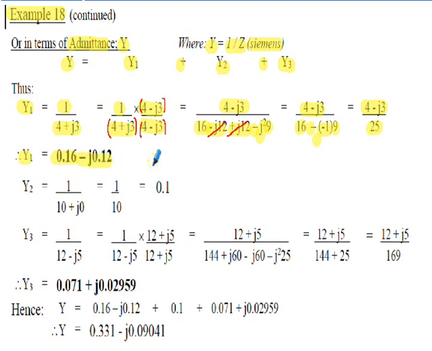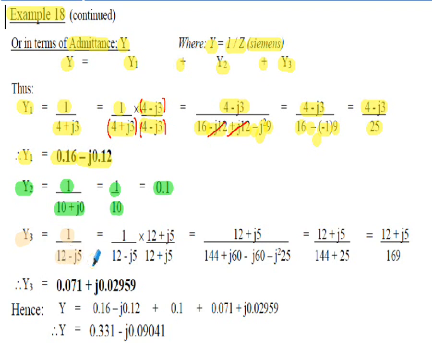And that's admittance. Y2 is a simpler calculation in this particular case. We've got 1 upon Z2, and 1 upon Z2 is 1 upon 10 plus J0, so that's simply 1 upon 10, or 0.1 Siemens. Finally, Y3 is 1 upon Z3, in this case it's 1 upon 12 minus J5, so